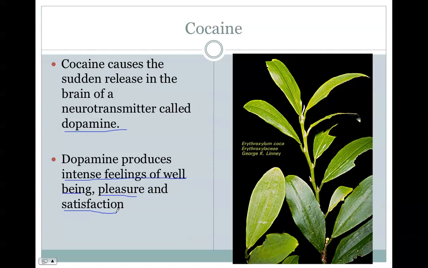So this is a natural neurotransmitter. However, when you use cocaine, you're going to get an increase of this release of dopamine. It's going to be released suddenly, and so you get a very intense feeling when in use. But then on the other side, after use, you end up having really low lows, as you probably heard, because you've had an intense feeling of pleasure, and now it's gone, and so you have a low.